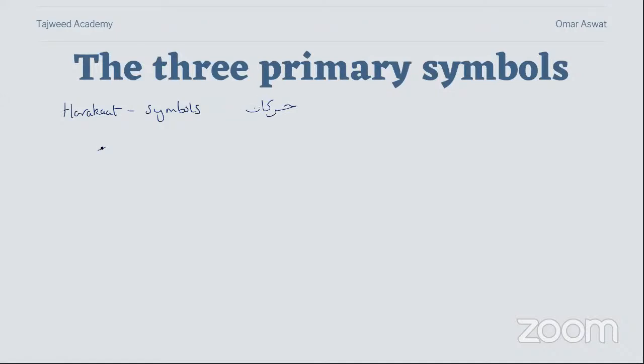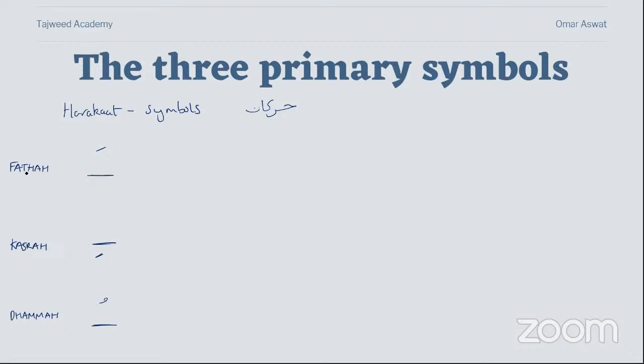The three primary symbols are the fatha, which is always found on top of a letter, kasra, which is found underneath a letter, and dhamma, which is found on top of a letter and looks like that. So I put here fatha, kasra, and dhamma. Now, some of you may know these symbols as zabar, zir, and pesh. That is the subcontinent, the Asian terminology. But I prefer to use fatha. It's not incorrect. Zabar, zir, pesh is not incorrect. It doesn't matter what you use.